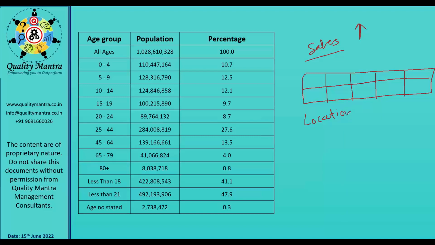Then you will categorize the type of tires, which type of tires are in demand. Then you will also do month wise. You will categorize into the month, in which month the more demand is there and in which month the less demand is there. So where the less demand is there, you will give some discount or you will have some offers in your hand, so that people get attracted towards the product during that particular day or in that particular month. So basically it